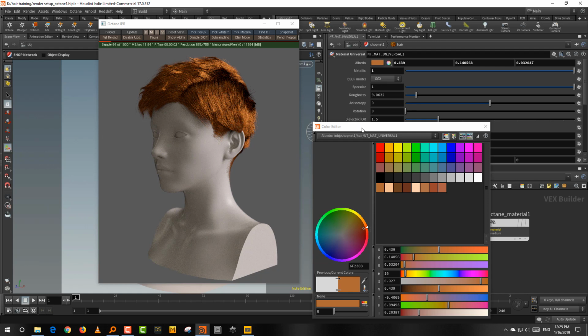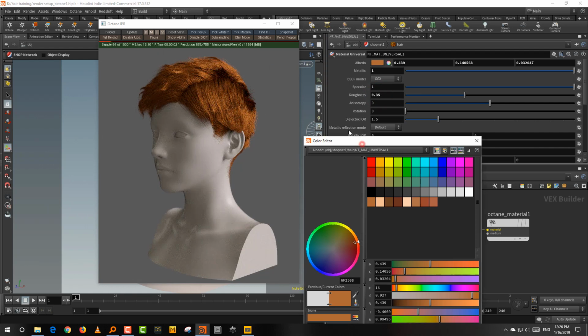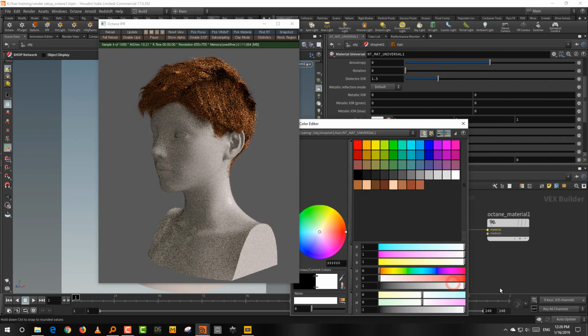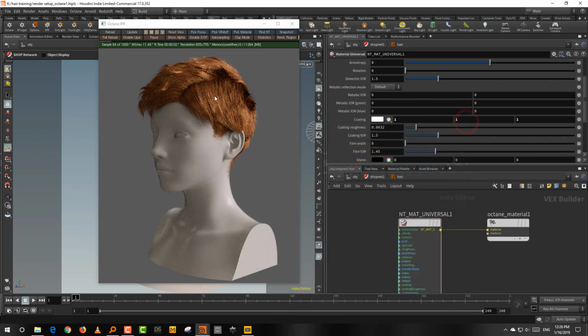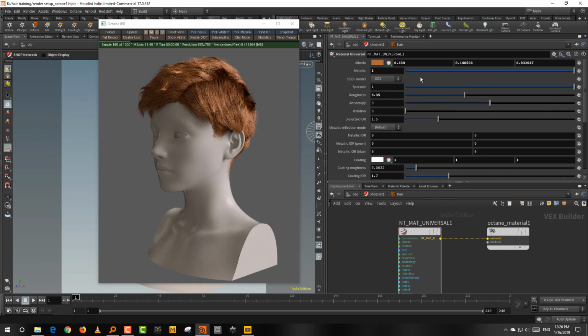It gives you a fairly decent base value, and get your roughness up to something like about 0.35. And that gives you a relatively decent place to start. Then the second thing you want to do is give it a secondary reflection. So you take your coating value and bring it up to 1, and that gives you a secondary reflection value, and you get the coating reflection up to something like 1.7. And there you go. That gives you a fairly decent hair shader,